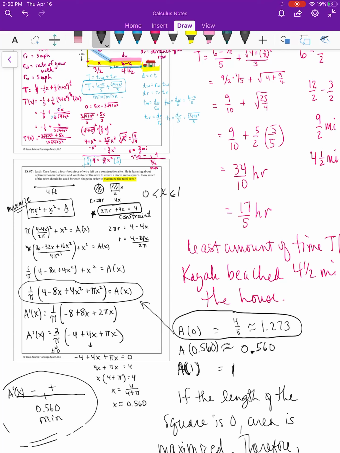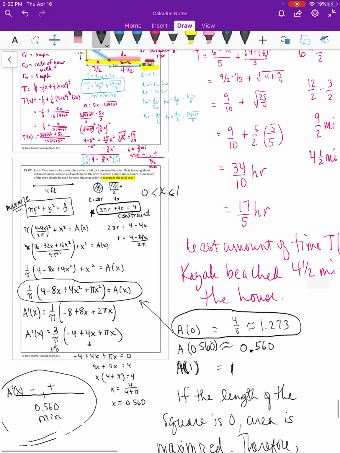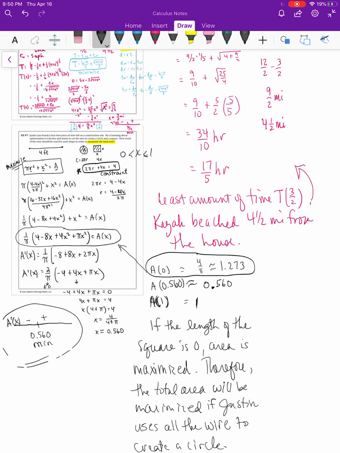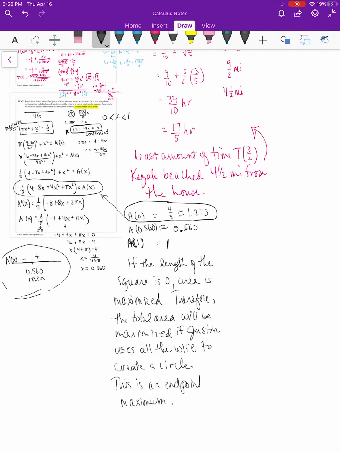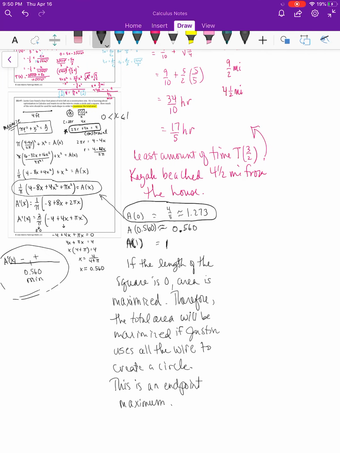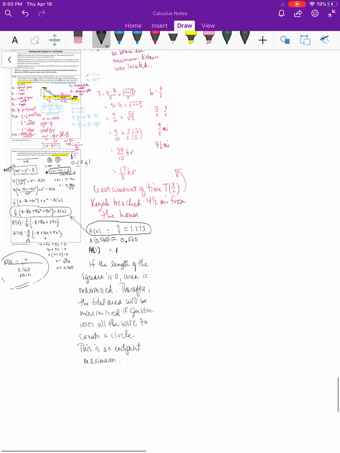Doesn't really happen that often, but that's why I've been having you make this chart every single time. And we did have to think about that because it's like, oh, he wants to make a circle and a square. I ended up solving for x. And so it ended up giving us that the only way he could do it, or for the maximum way, would be to not have the square at all, okay? So you do need to kind of just keep in mind that things like that can happen. They don't happen very often. And I should have had equal